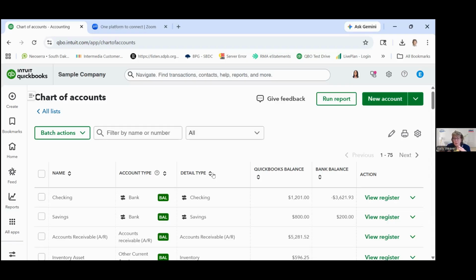So what I find some people running into is that they know there's a number on a report or an account balance, and it's like, that's not right. It should be this. And they go and try to fix this, not realizing that the fix also affects something else. So if you see an account balance or a chart of account that has a wrong balance, you can't just fix that balance.